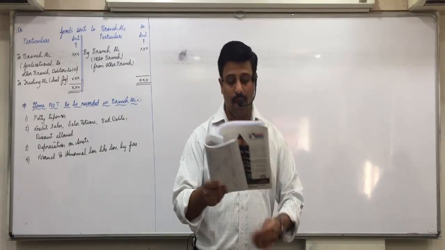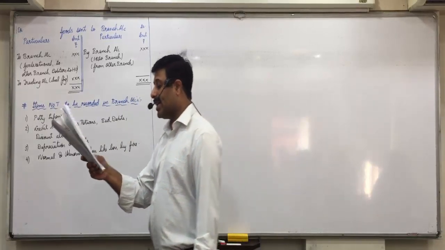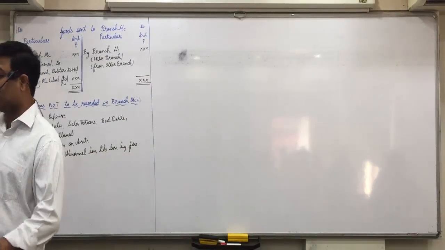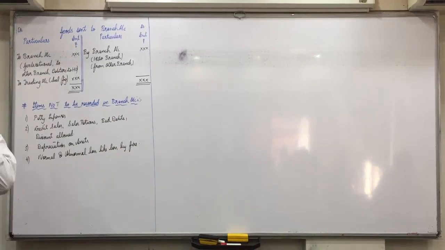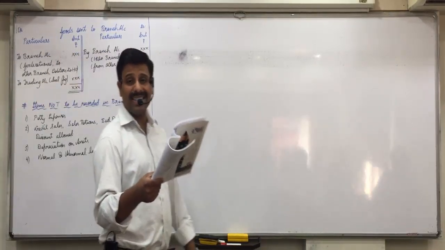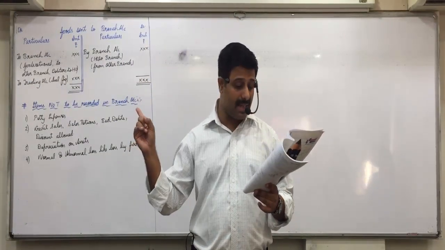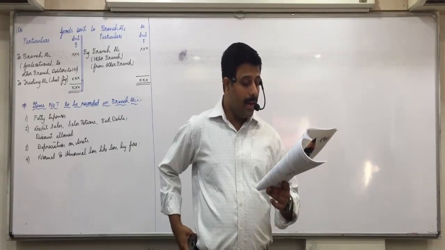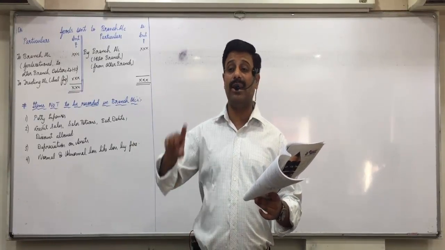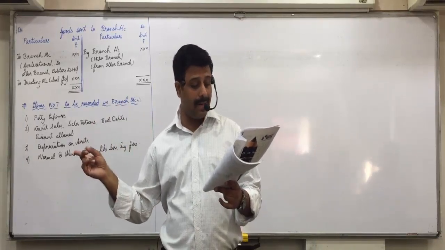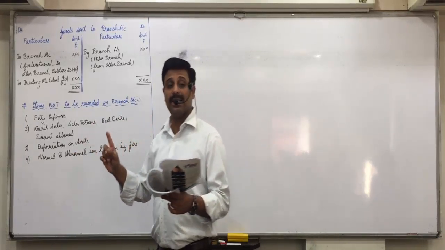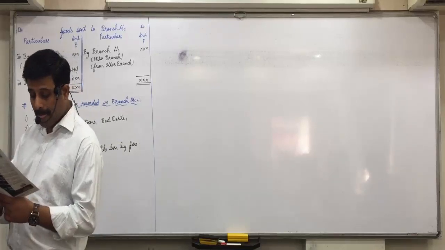Question 1: from the following information relating to the Calcutta branch for the year ending 31st March 2007, prepare the branch account in the books of head office. So the opening balance is on 1/4/06. Now stock is an asset, so the opening balance of stock, where will we write? Debit side. Mark it as debit. Again, the opening balance of debtors. Debtor is also an asset, so it will come on the debit side. Petty cash at branch is also an asset, so it will come on the debit side.